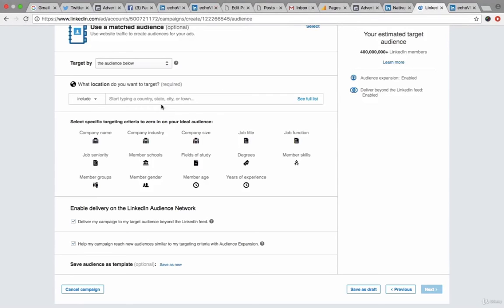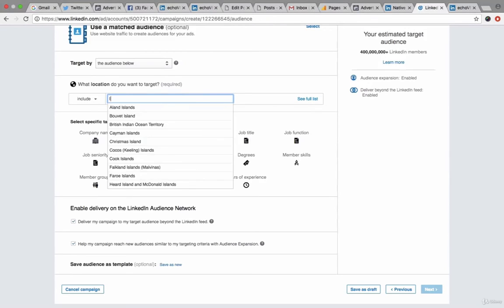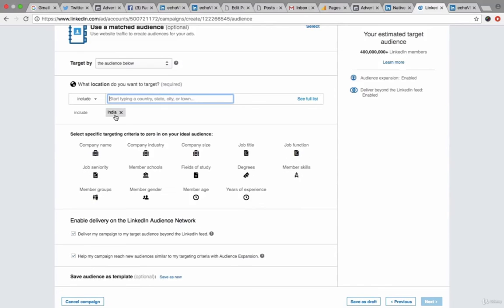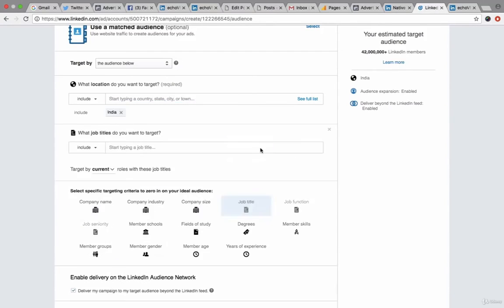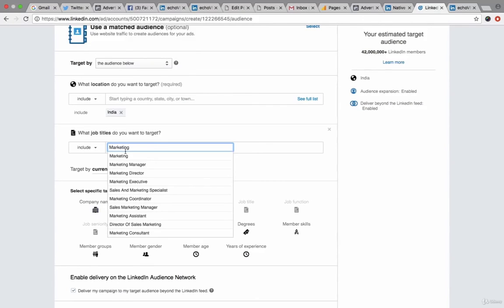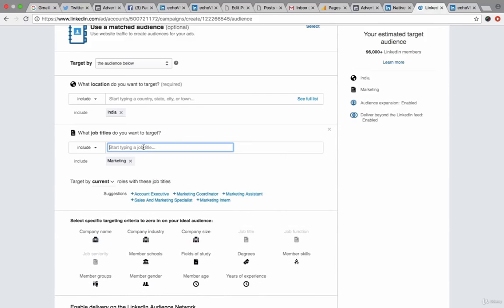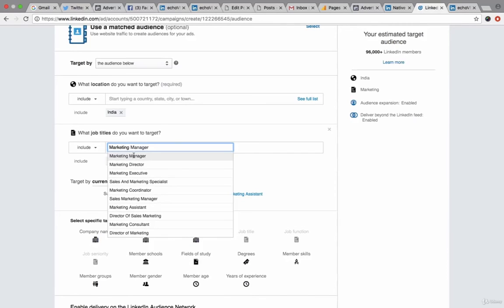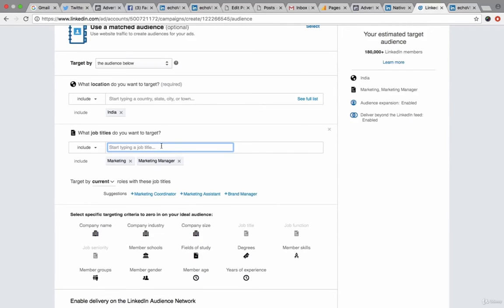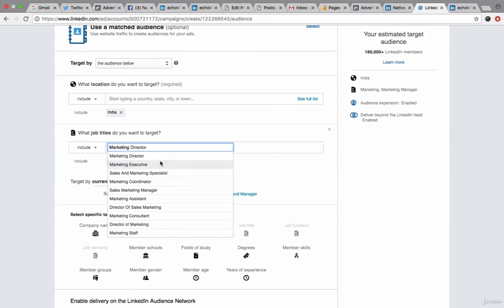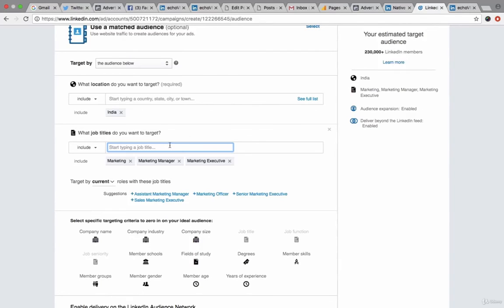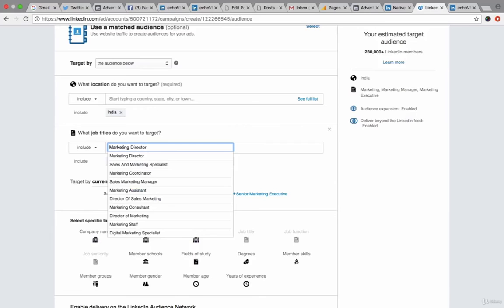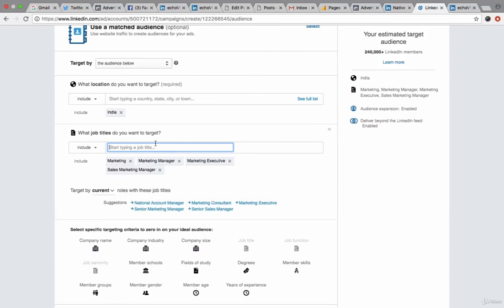So now I pick up a particular country. Let's say I want to target a country like India on the basis of job title. I want to target all the people who are into marketing, marketing manager, because I'm trying to sell a digital marketing course to them, marketing executive, sales marketing manager,